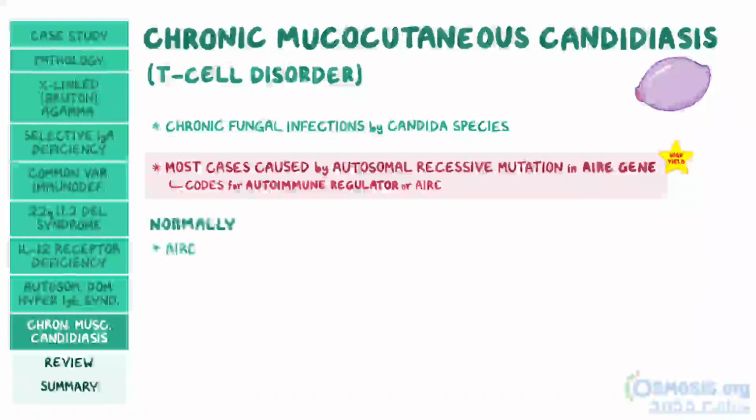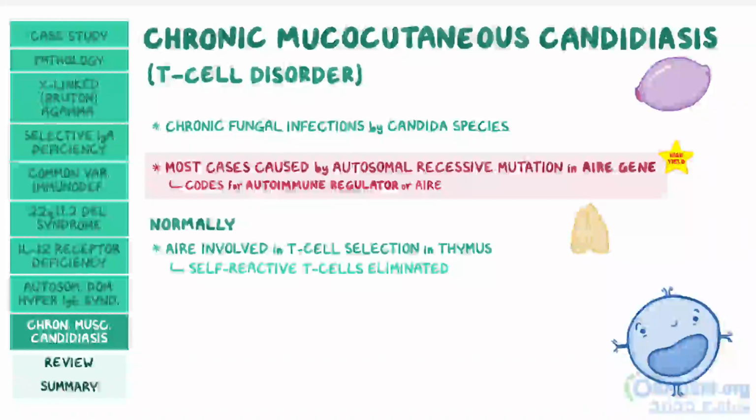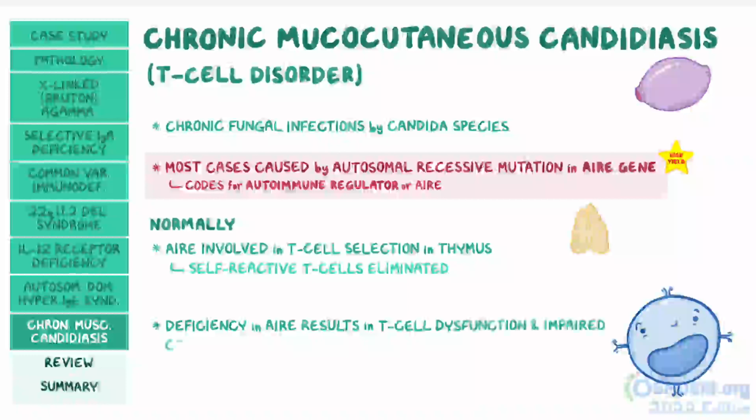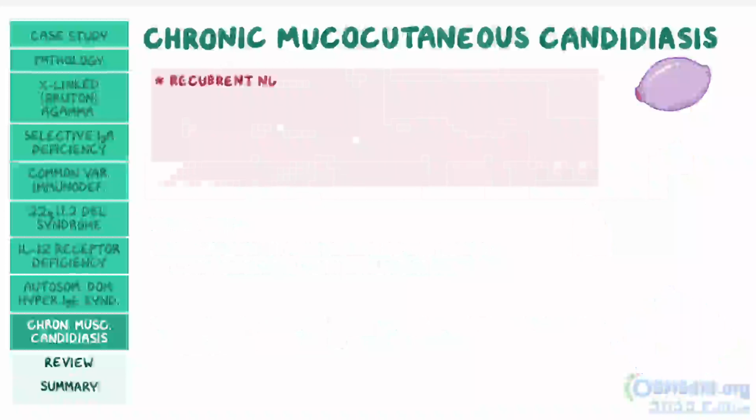Normally, AIRE is involved in the T-cell selection process that takes place in the thymus, where self-reactive T-cells are eliminated to prevent them from going around and attacking other cells throughout the body. Now, with chronic mucocutaneous candidiasis, deficiency in AIRE ultimately results in T-cell dysfunction and impaired cell-mediated immunity. As a result, these individuals have a tendency to develop recurrent, non-invasive Candida infections involving the skin,